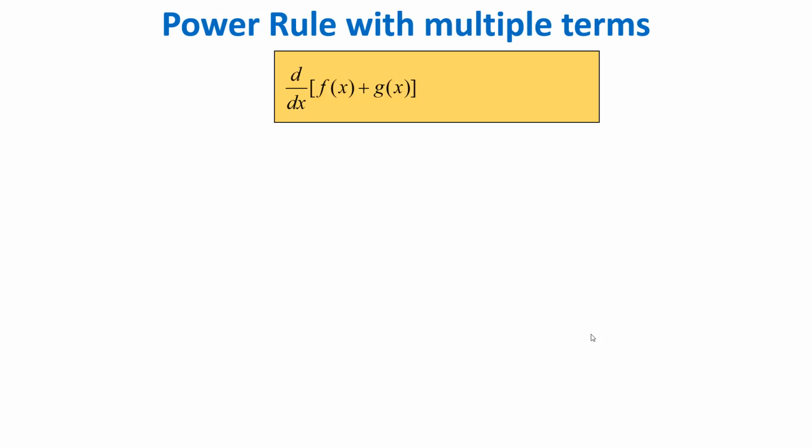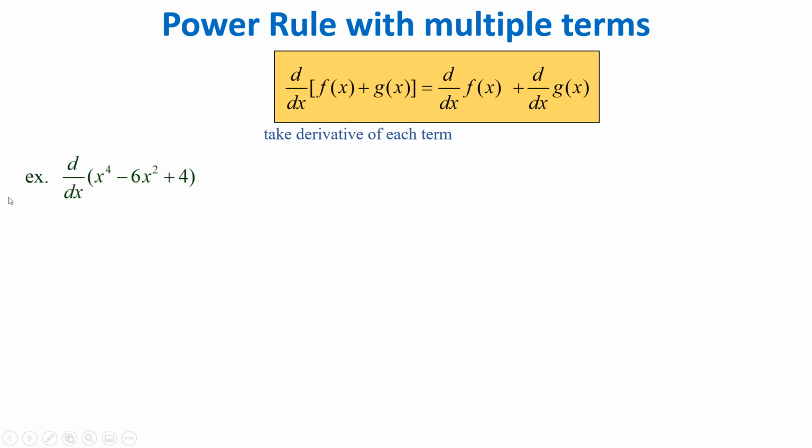So far, the examples that I've shown you have been with monomials, but power rule works on polynomials also. Let me show you the logistics of this. If we consider each of the monomials their own separate function, then when you go to take the derivative, you could just take the derivative of each term applying power rule. In other words, take the derivative of f of x, and then it will be plus the derivative of g of x. For example, to take the derivative of x to the 4th minus 6x squared plus 4,